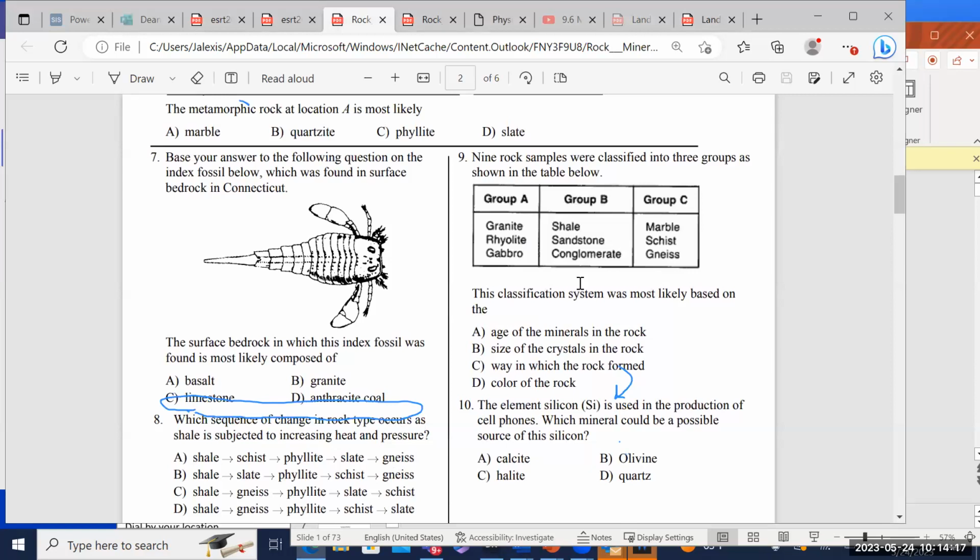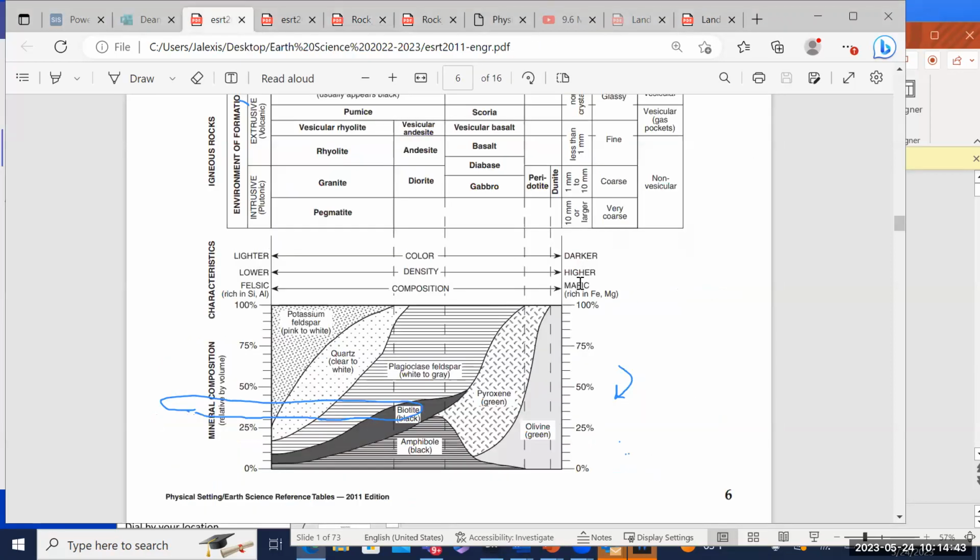Number 9 says there are 9 rock samples classified into 3 groups shown in the table below. They give us group A, group B, and group C. This classification system was most likely based on what? So let's take a look. Granite, rhyolite, and gabbro. I've seen these rocks before. When I look through my reference tables,